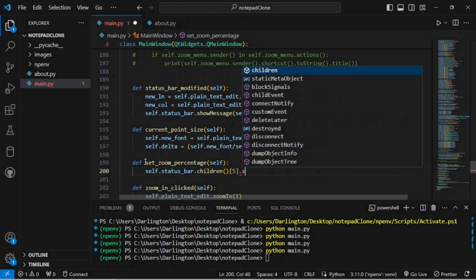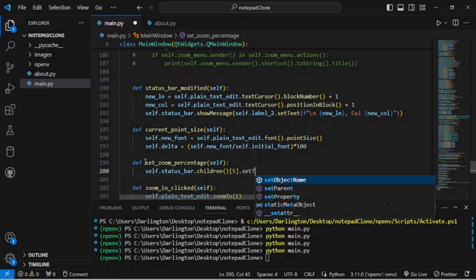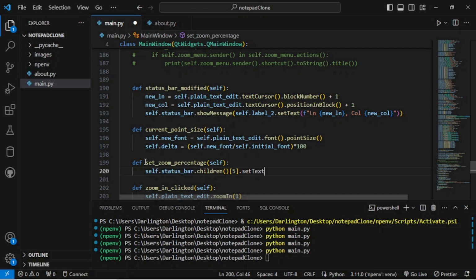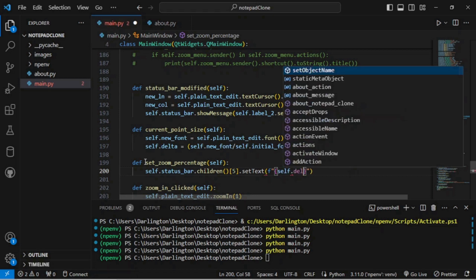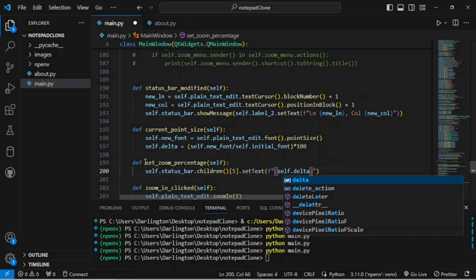I'm going to say set text, and here we're going to use string formatting. Okay, so we'll say self dot delta. Okay,